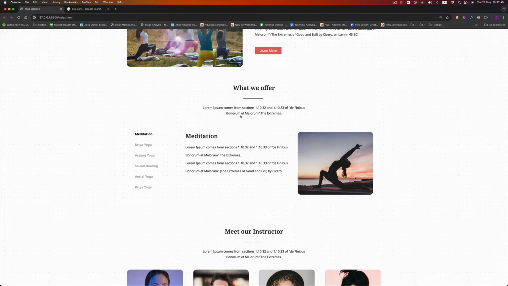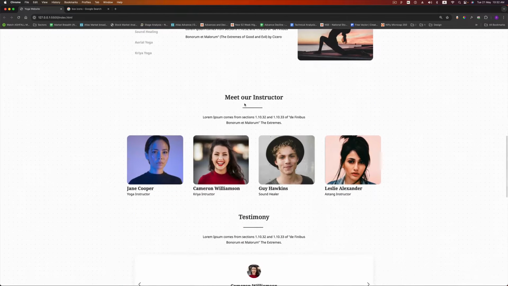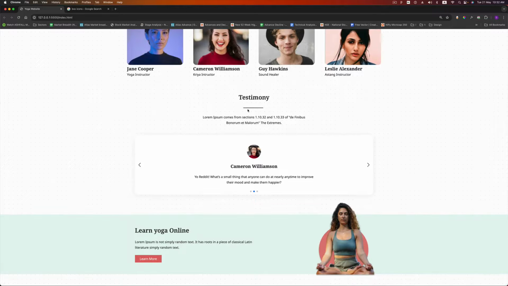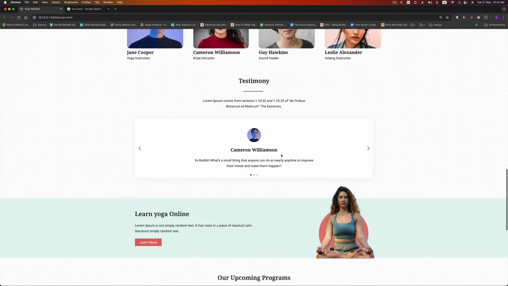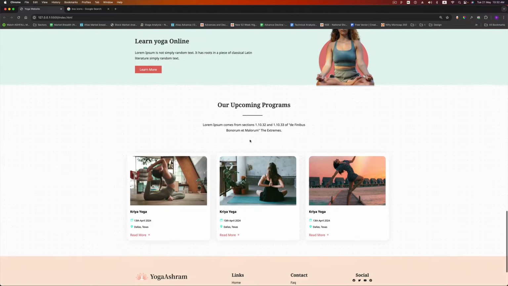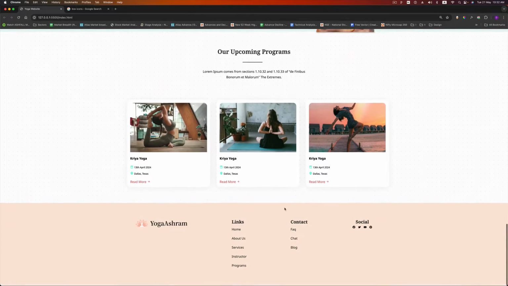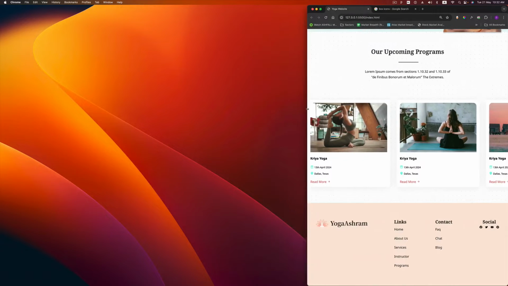After this we have the service section, then our instructor, and then the testimony section in which I have used a carousel. I'll teach you how to implement this carousel. Then we have this section and the program section, and finally the footer. This website is completely responsive. So if I shrink down the page